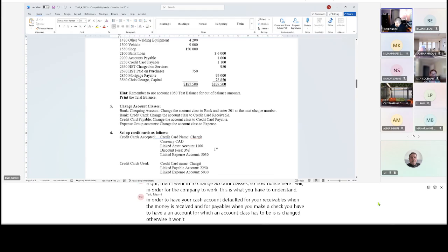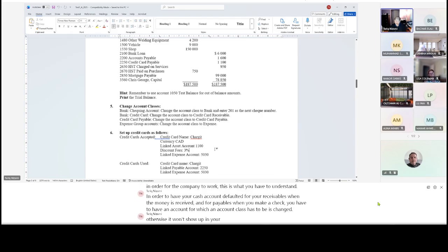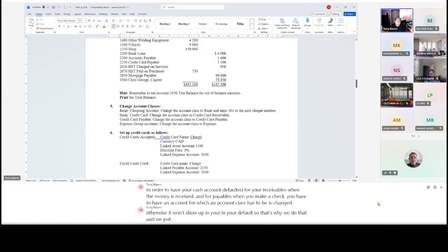Otherwise, it won't show up in your default. So that's why we do that, and we change the account class from asset to bank,